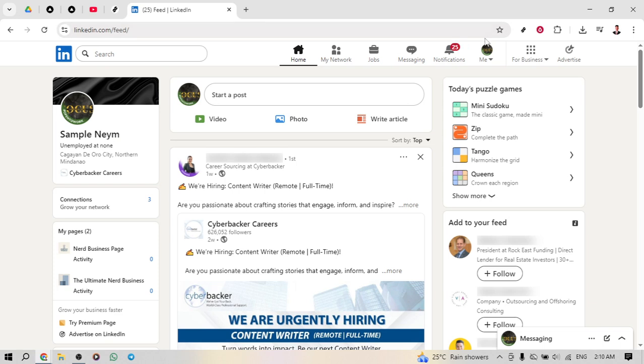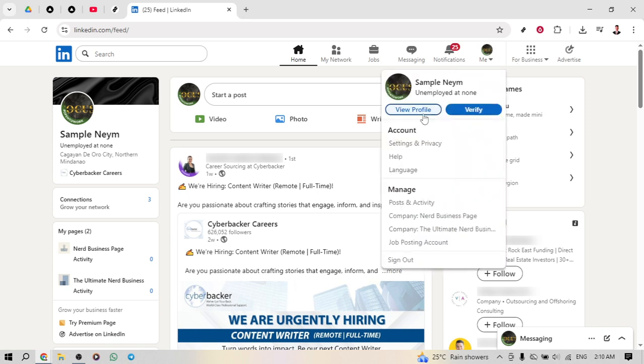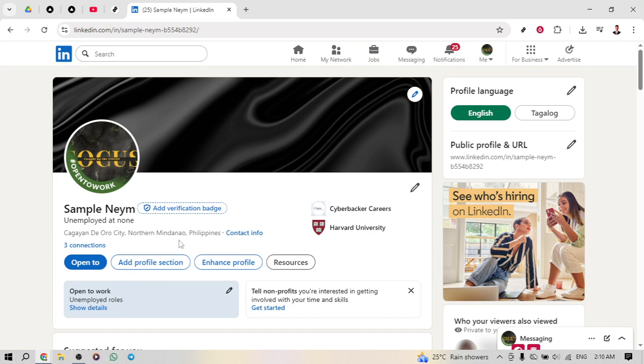necessary. After you've successfully signed in, direct your attention to the top of the page where you'll see your profile icon. Go ahead and click on it. This is your gateway to accessing and editing your public professional identity. Next, from the drop-down menu that appears, click on View Profile. This will take you directly to your profile page, where all your current positions, education, and other professional details are